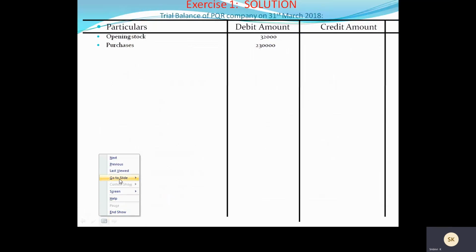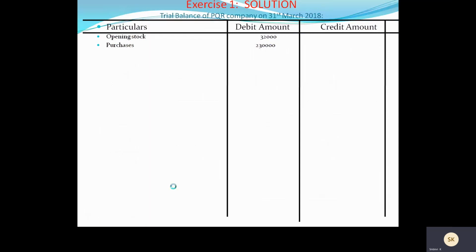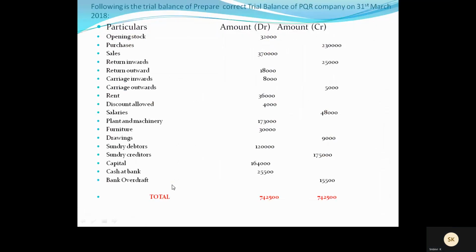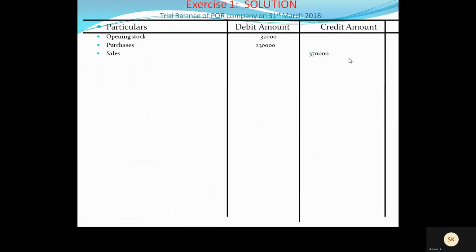So if you are perfect in the list that was given in the previous video, automatically you can rectify that, and you can easily write it properly, whether it is related to the debit amount column or credit amount column. See, sales are shown here as 3,70,000 in debit, but this should be shown in the credit amount column. So we are going to rectify that and show it in the credit amount column. Write sales here, but show the amount in the credit amount column, 3,70,000.